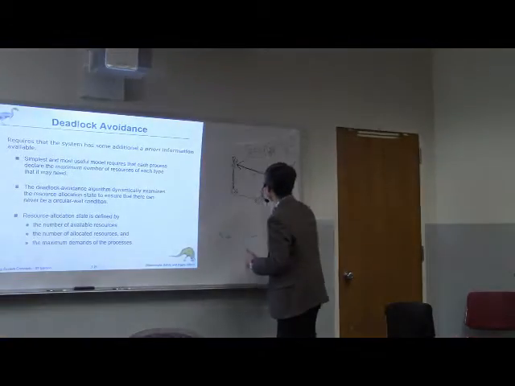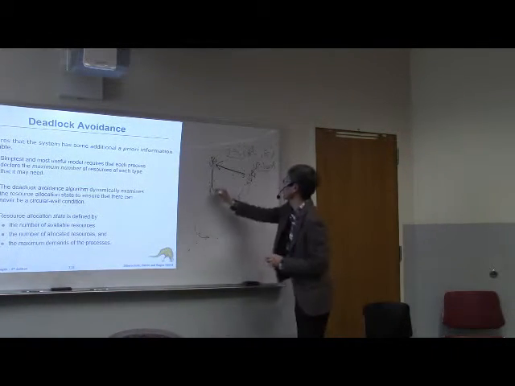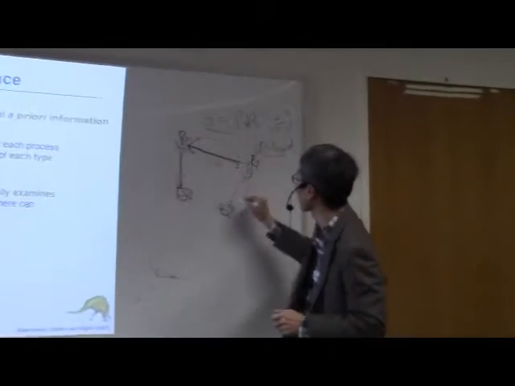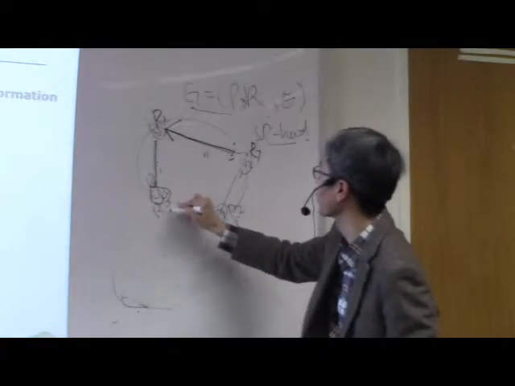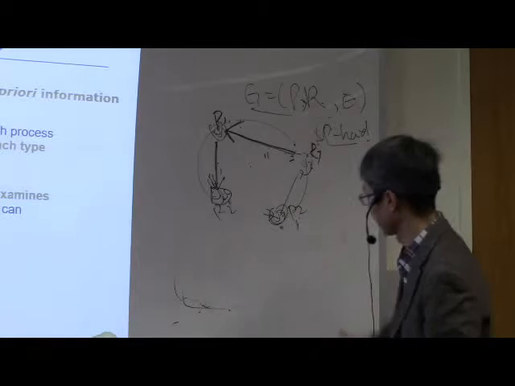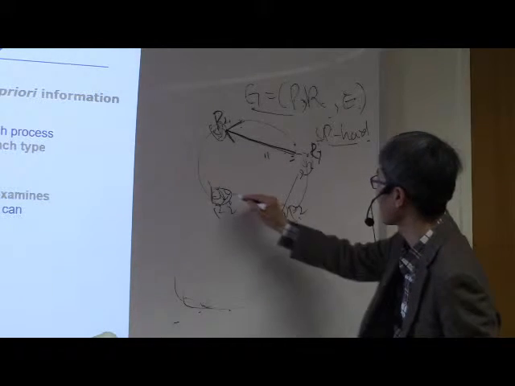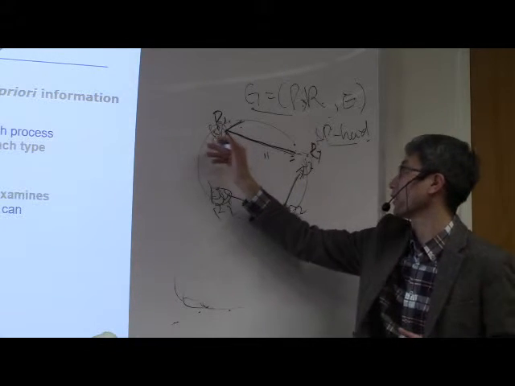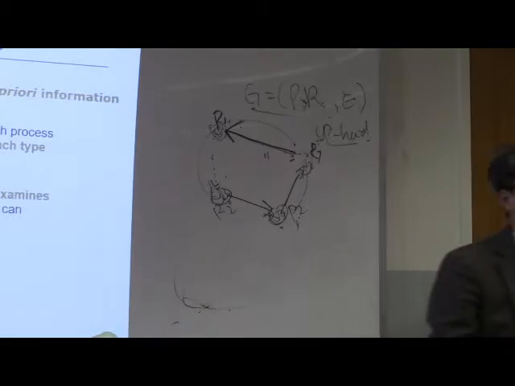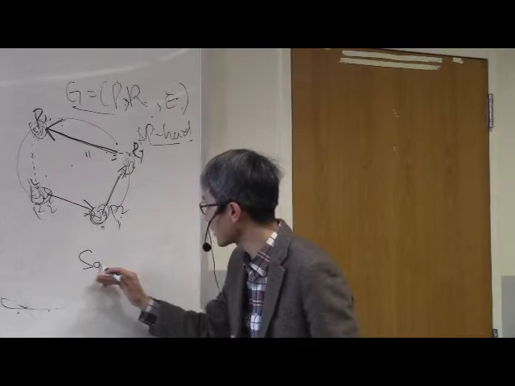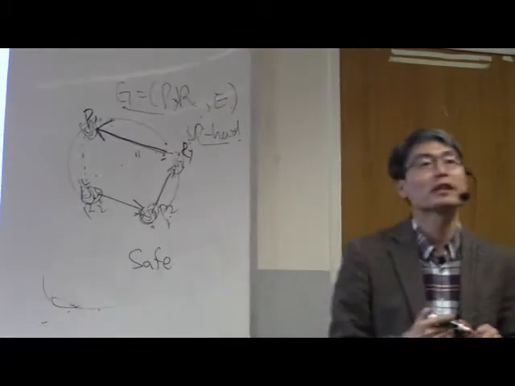For example, let's say we have process 1, process 2, and resource 1, resource 2. And this is held by this one and requesting, and this is held by this one requesting. Then if P1 is requesting, we check whether we can make this what is called the safe state. Safe state means the current status,